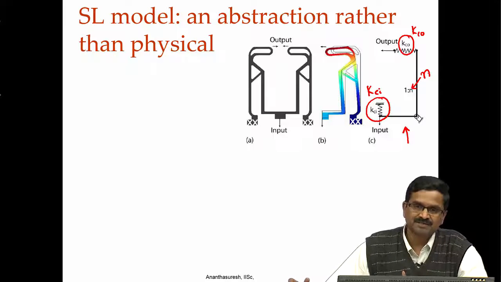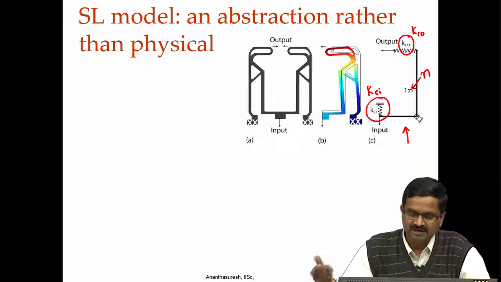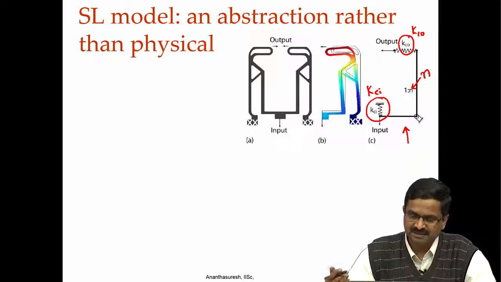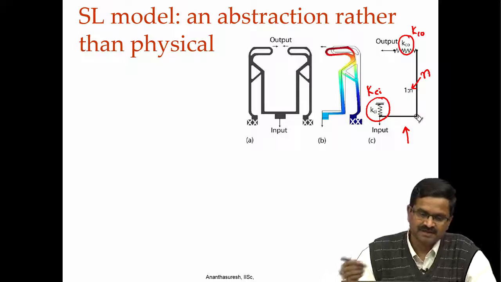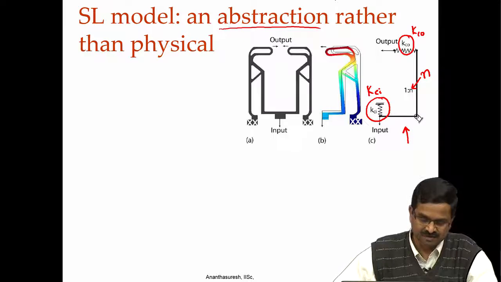It is a terminal system, more like resistors and capacitors in electrical circuitry. Here we can think of this as a terminal model or port model. You have an input port or input terminal, and an output port, an output terminal. What happens in between you capture using a few parameters. Here those parameters are KCI, KCO and N. Again, the idea is it is only an abstraction and not a physical model.